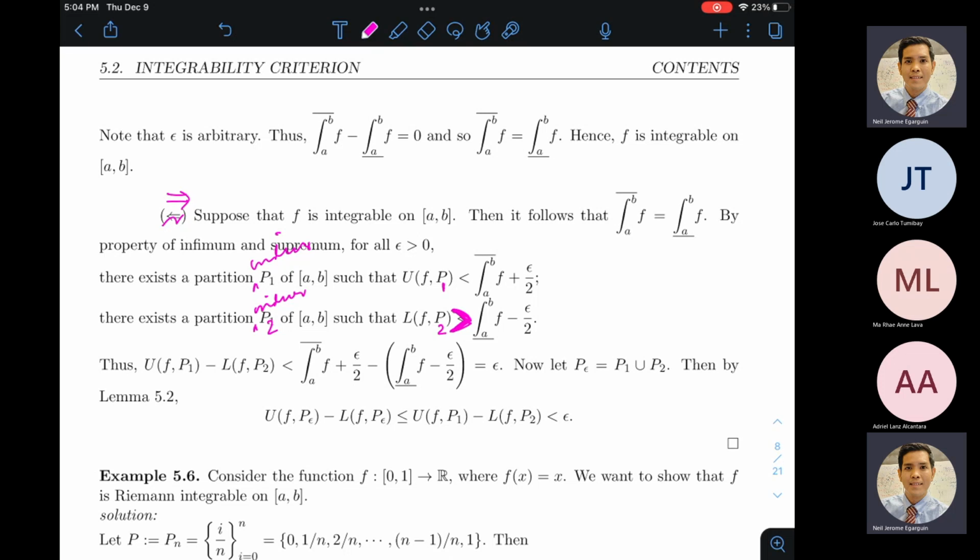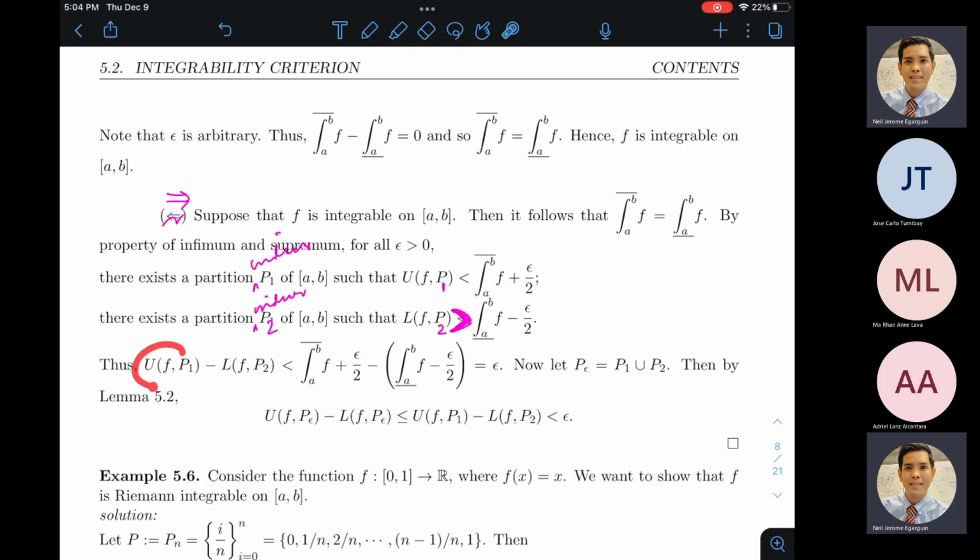So, yun yung idea. Tapos, ano nga yung gusto nating i-prove? Yung U minus L dapat ay less than epsilon. So, I'll just take U minus L. All right? We'll get this guy, and let's see how it relates to the upper and the lower Riemann integral. So, this guy minus this guy. All right? So, tapos ito, papalitan ko ng mas malaki. Ma-minusan ko siya ng mas maliit. So, ibig sabihin yung bagong difference na makukuha ko ay mas malaki.